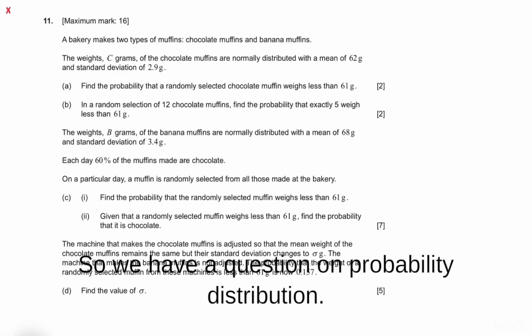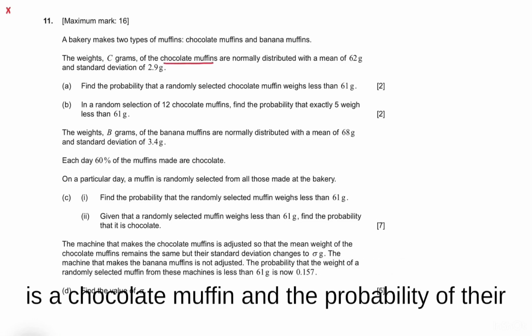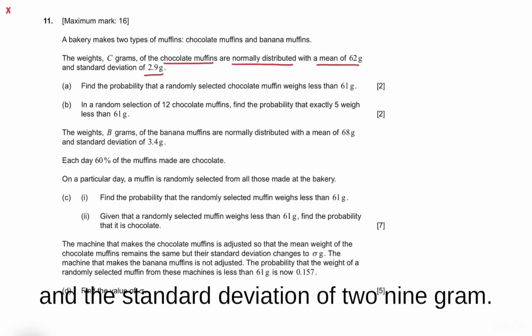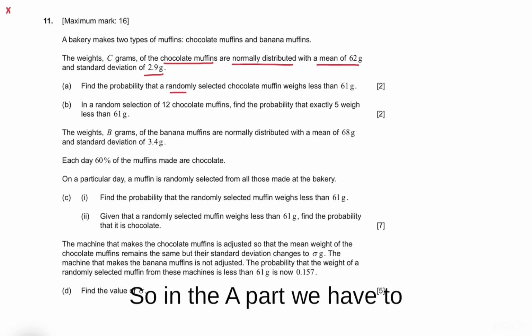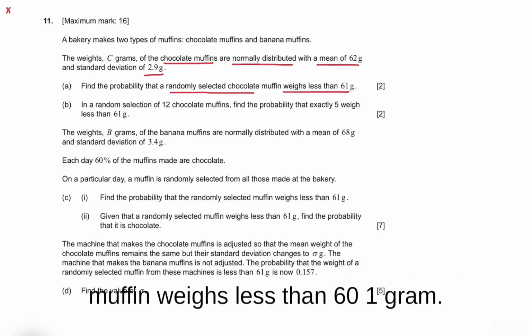Hello friends, so we have a question on probability distribution. In the first part, we are given that there is a chocolate muffin and the probability of their weights are normally distributed with a mean of 62 gram and a standard deviation of 2.9 gram. So in the A part, we have to find the probability that a randomly selected chocolate muffin weighs less than